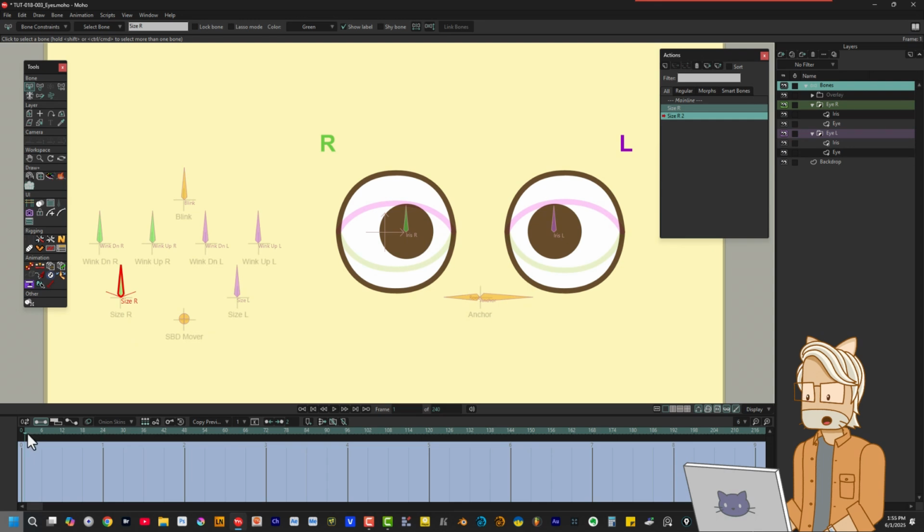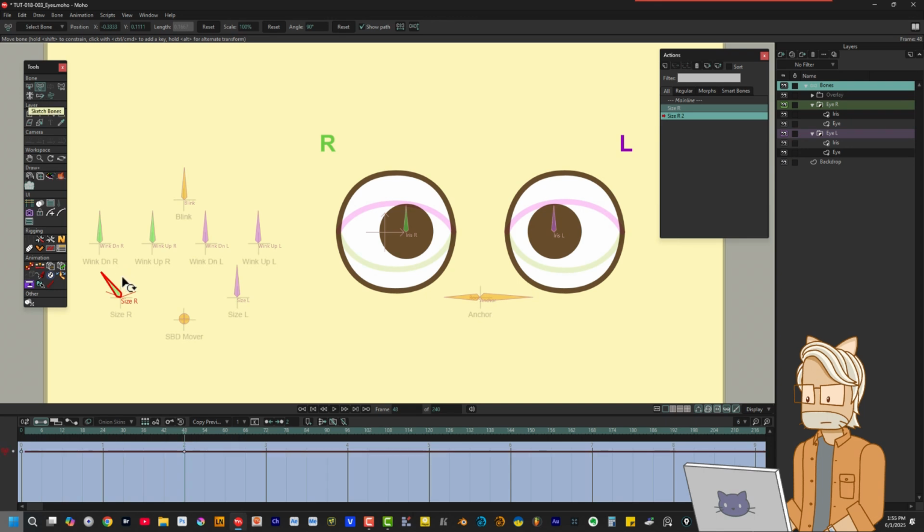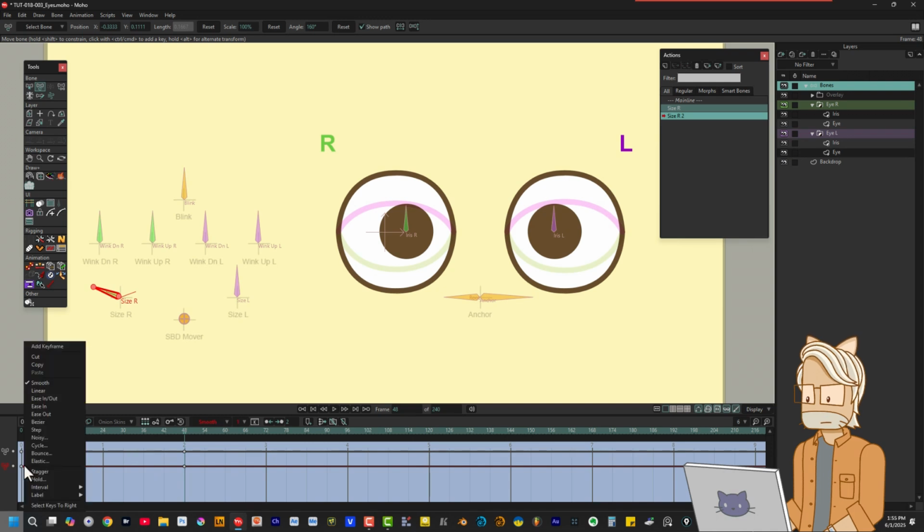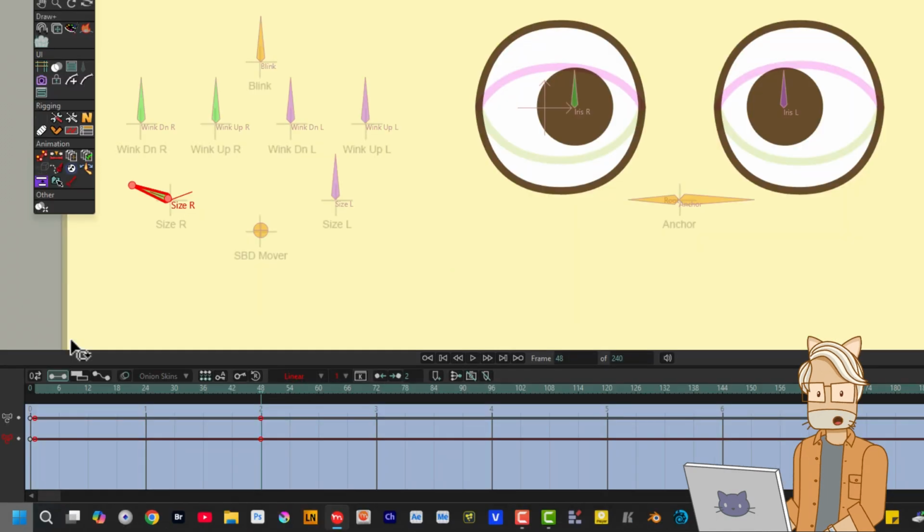Move the playhead to frame 48 and create a keyframe by turning the bone to the left. Click on frame 1 to create the first keyframe for the action, and set the interpolation mode to linear for frames 1 and 48. Remember when I said the reason I create the first keyframe after creating the last keyframe